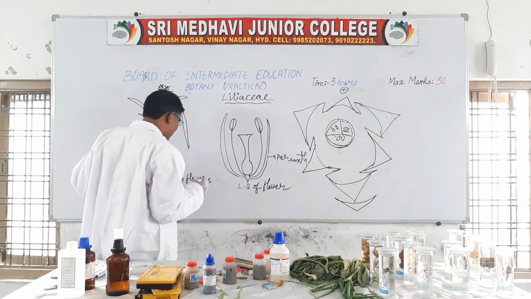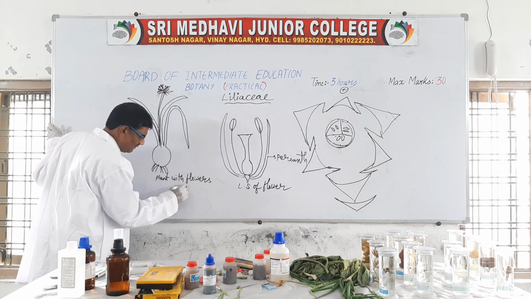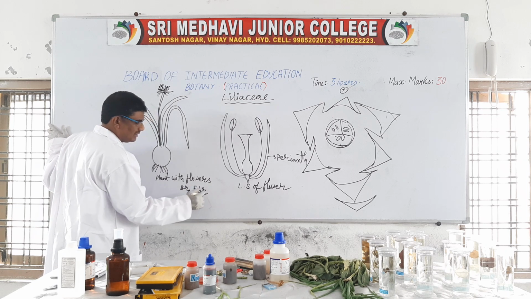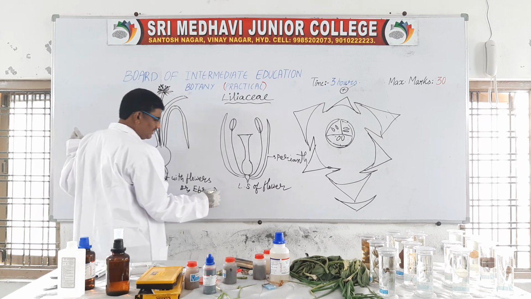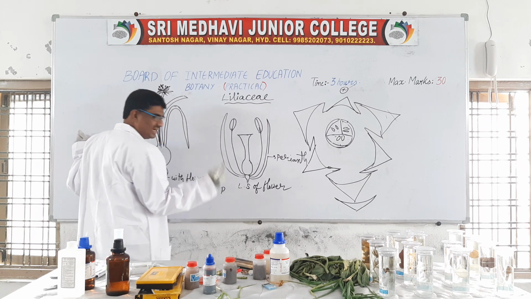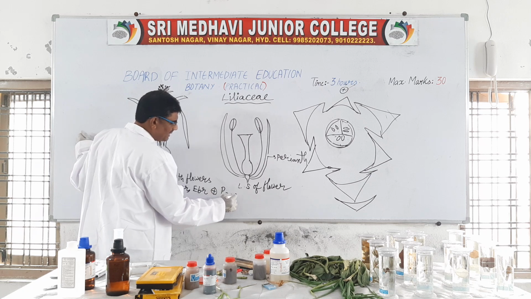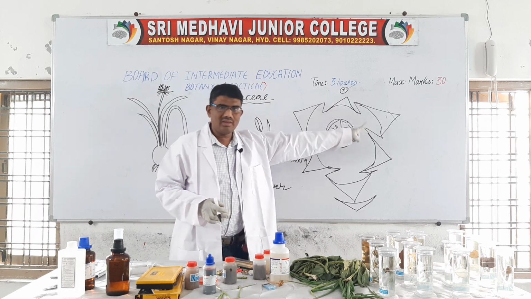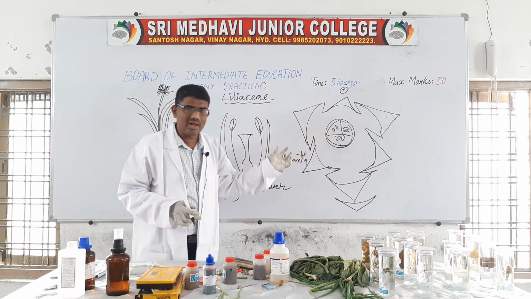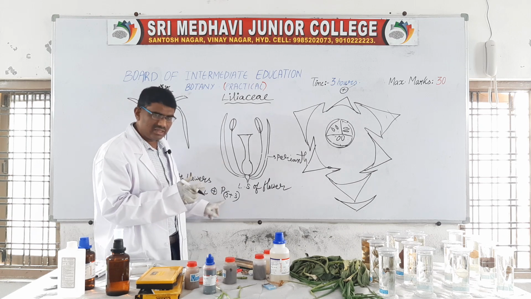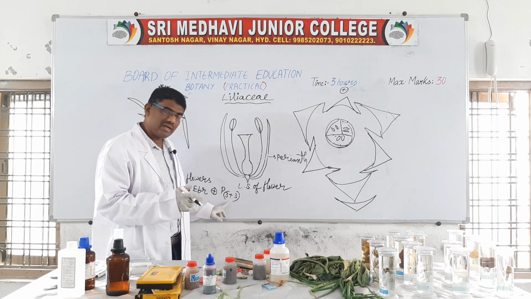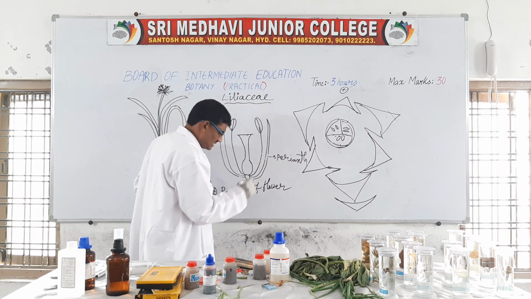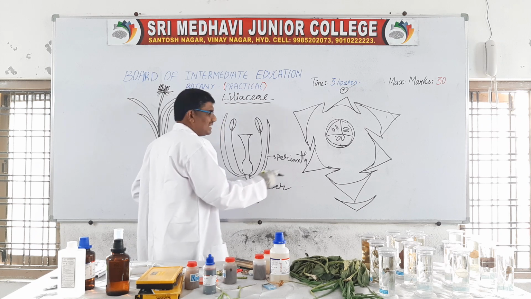When we write the floral formula, this is a bracteate flower, Br, then ebracteolate, EBRL, and also an actinomorphic flower. There is no calyx and no corolla, only perianth. The perianth is 3 plus 3, outer 3 and inner 3; the outer 3 are united and the inner 3 are also united, in total 6. That's why we write the floral formula as P 3 plus 3. Then after that, stamens: in the stamens also there are 6, arranged 3 plus 3.